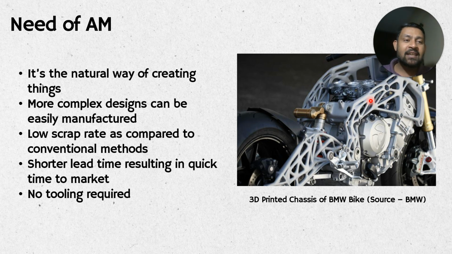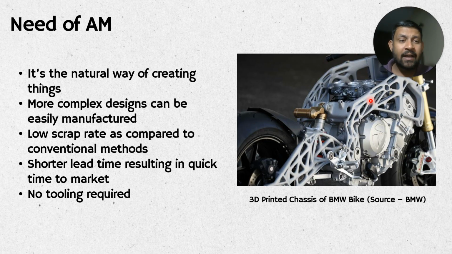And more complex designs will help us in improving the performance of the component or the subsystem that we are designing for. It also leaves us with less waste material, and inherently it is much faster as compared to other conventional manufacturing techniques such as subtractive or forming, and there is no tool required in order to make